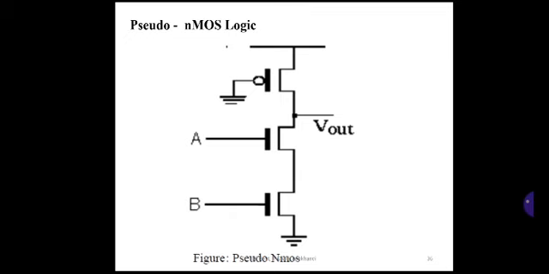So as the name suggests, it is an NMOS technology itself. It is an NMOS technology which was the predecessor of the VLSI approaches. The same circuit is slightly modified and called pseudo NMOS, in which a PMOS FET is used as the load. So as you can see, the upper transistor, which is a PMOS FET, can be used as a load instead of the depletion MOSFET. So the figure shows the example of the pseudo NMOS logic.